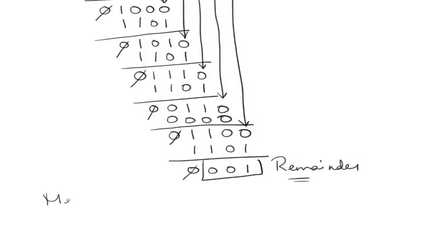So we have taken the message bits as 1 0 0 1 0 0. For this we have added 3 extra zeros. Now we need to remove the 3 zeros and put the remainder terms along with this. So the remainder here is 0 0 1. So this is the message to be transmitted.